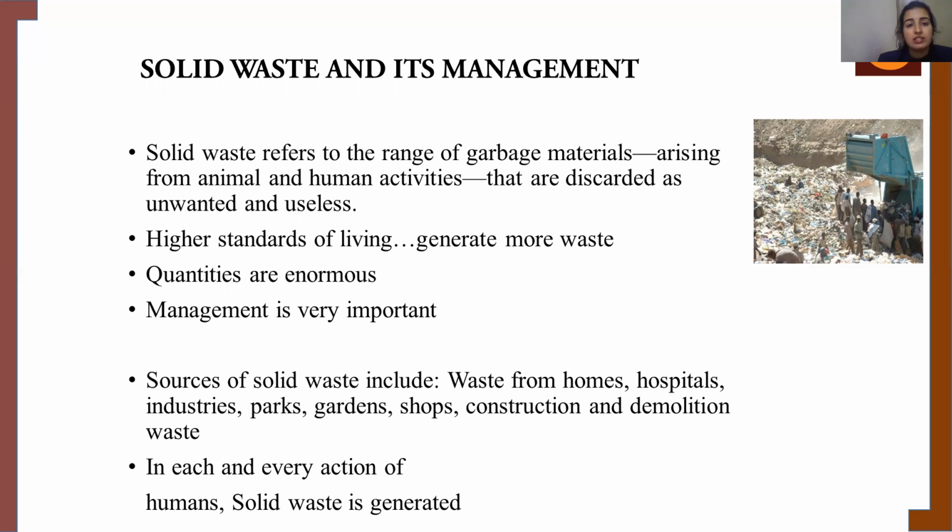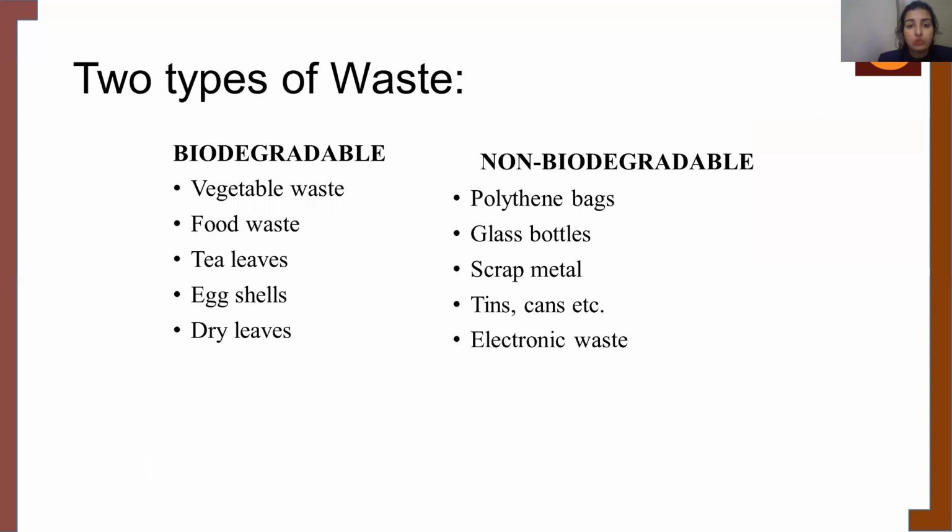The waste is normally disposed without proper treatment in open dumps, resulting in widespread environmental pollution and degradation. So when we talk about the main sources of waste, we can say that it can be domestic waste, which includes a variety of materials thrown out from homes like food waste, cloth, paper waste, etc. And the commercial waste also, it includes waste which comes from shops, markets, hotels, offices, etc.